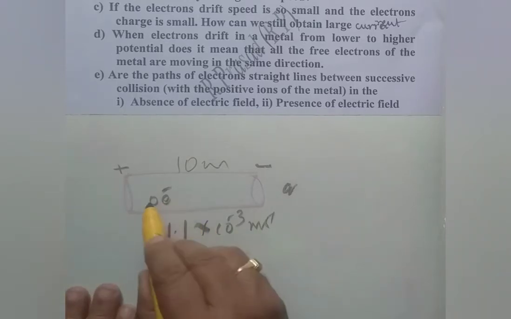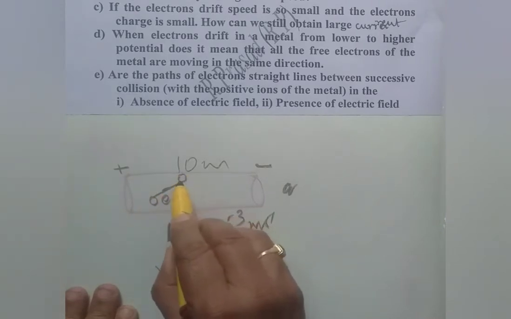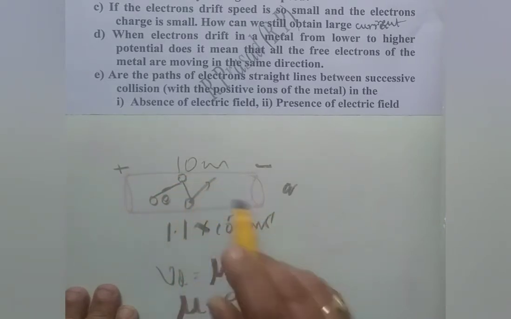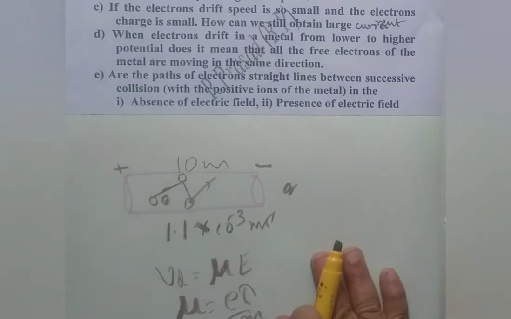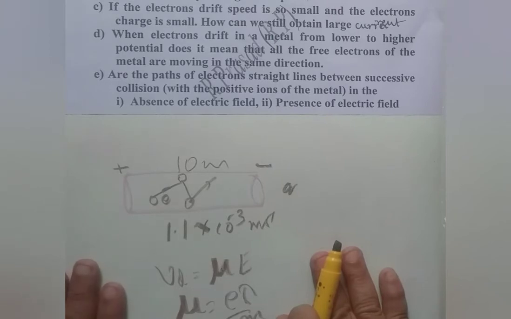As free electrons move from one point to another point, they undergo a very large number of collisions. As soon as they collide, they stop and start again. Because of this, starting again at the collisions, they acquire an average velocity which comes to be mu E. That is why, because of the large number of collisions that happen for the electrons, the drift velocity won't show any change. That's why it becomes almost constant.